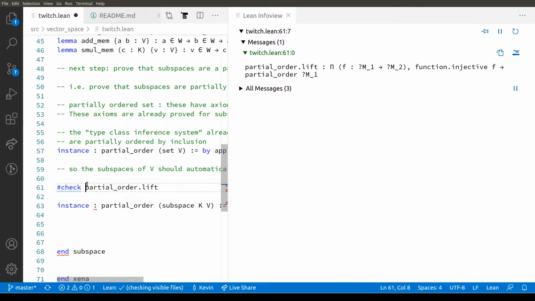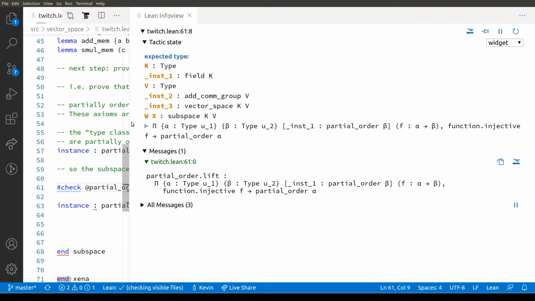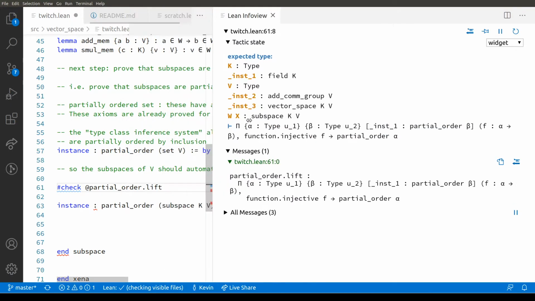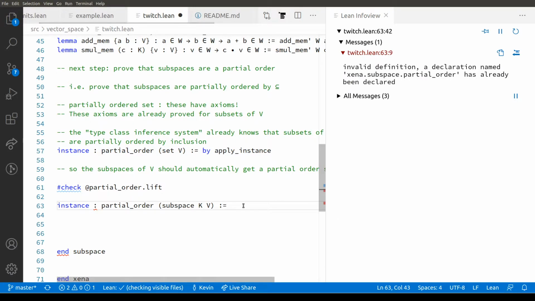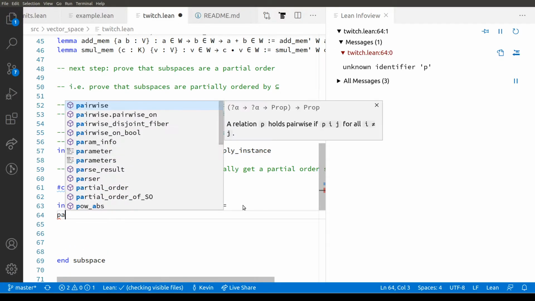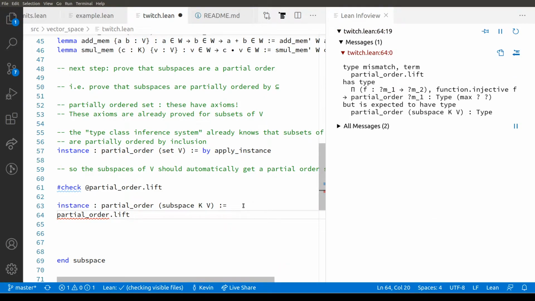Let's put this here. Partial order dot lift says if I've got two random sets, alpha and beta, and beta has a partial order, and then if I've got a function from alpha to beta which is injective, then I automatically get a partial order on alpha. So that's the function I need to get a partial order on subspaces. So it's partial order dot lift, and now